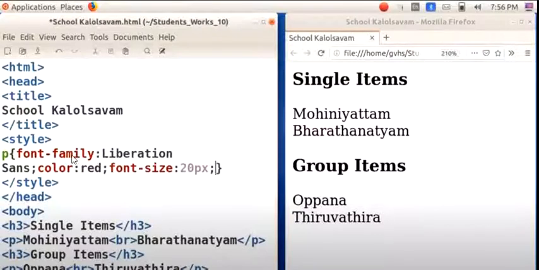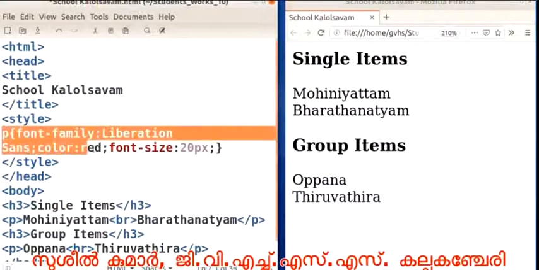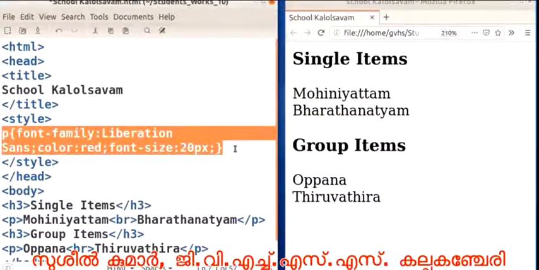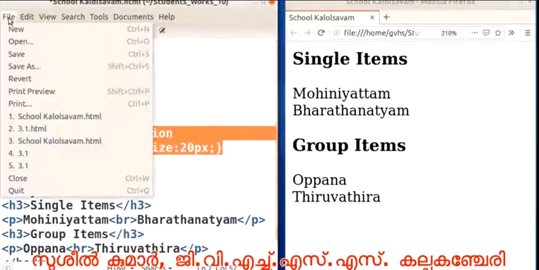We have to give the font family as Liberation Sans, color as red and font size as 20 pixel. After each value we have to put a semicolon and close the bracket. This selected code is the CSS code.